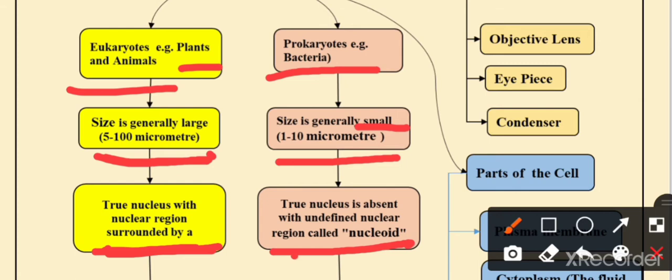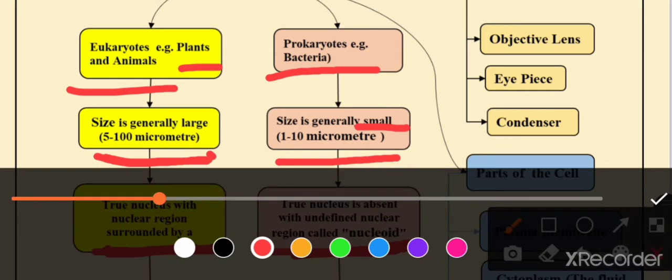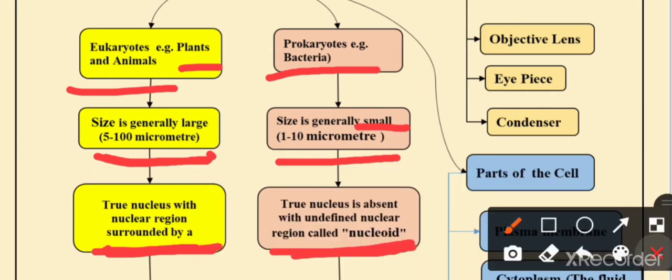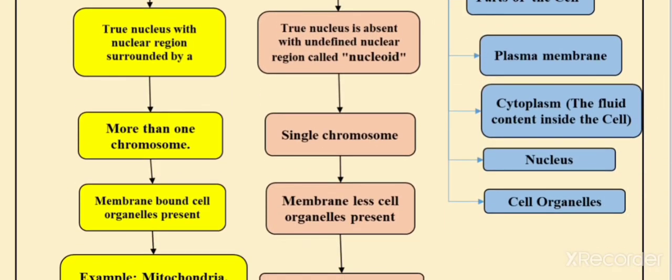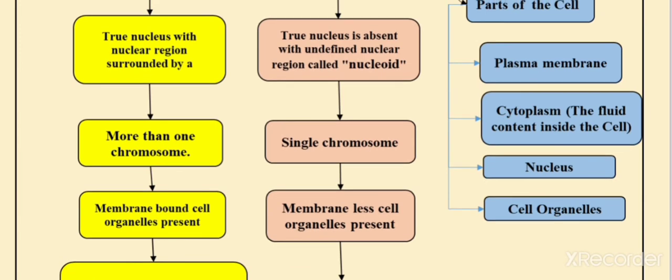So first of all we discussed these two, prokaryotic and eukaryotic cell. These are the two divisions of cell on the basis of nuclear membrane present or not present. In which case the nuclear membrane is present, it is known as eukaryotic, and in which case the nuclear membrane is not present, it is known as prokaryotic cell. Okay, and after this you have the parts of the cell. But before starting this concept, we continue with prokaryotic and eukaryotic.